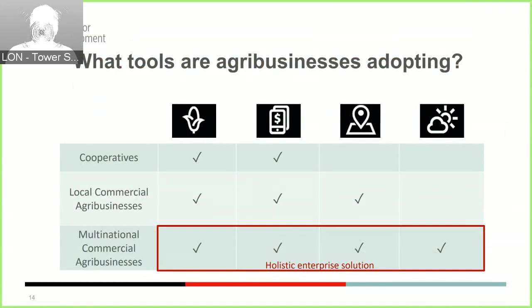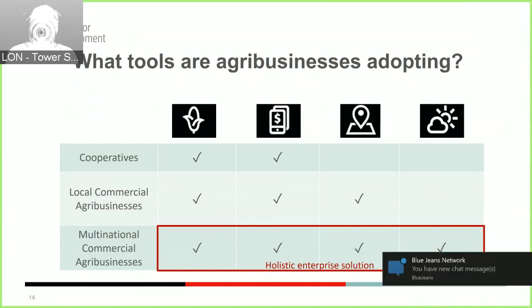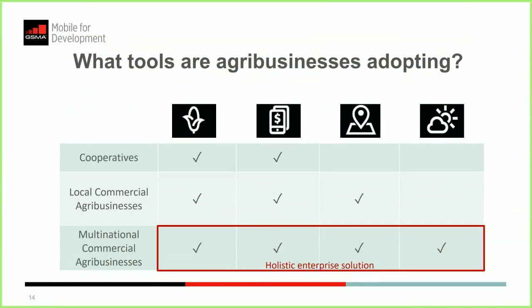We're also seeing interest from cooperatives in bulk messaging platforms that allow for more efficient communication with smallholder farmers. They allow such communication by distributing, for example, information on what input to use and agronomic tips to cooperative members. If we look at larger commercial agribusinesses that sell into the local markets, here in the middle of this table, we are seeing a similar demand to what we're seeing from cooperatives, an opportunity for these basic payments and information dissemination tools.